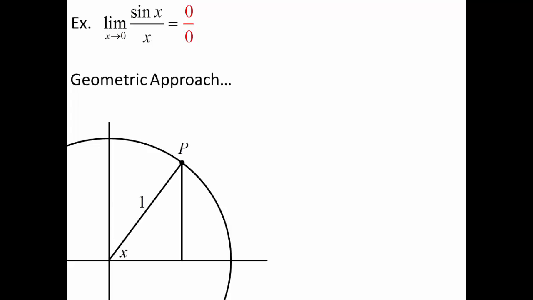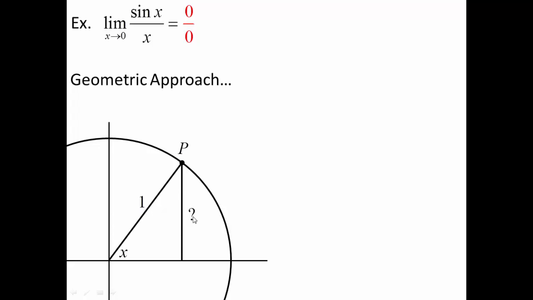Radius could be any number it wants to be. Everything's going to reduce out anyway. I'm just going to make it 1 to make things simple. Now the first thing I'm going to want to determine is what the height of point P is, in other words, the opposite side of the triangle. Now to do this, I'm just going to set up a simple trig ratio. I know that the hypotenuse of the triangle is 1.